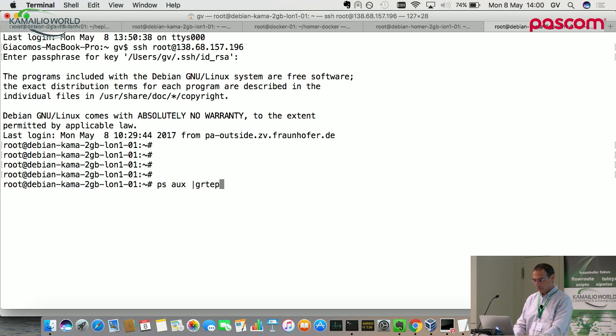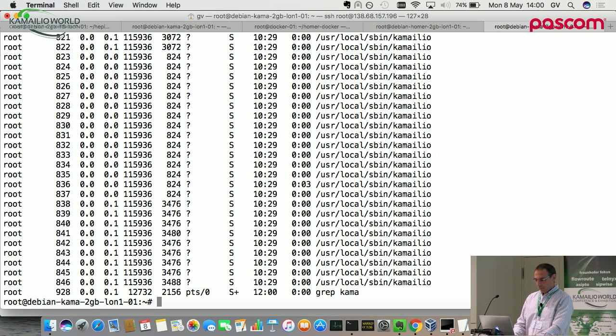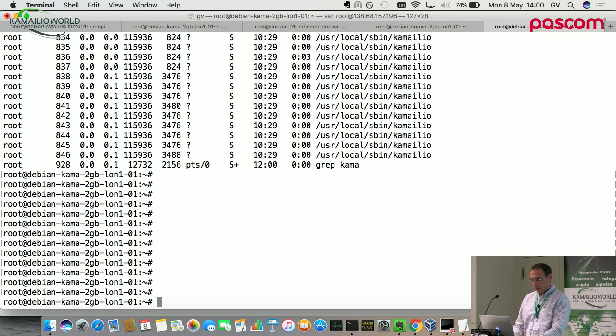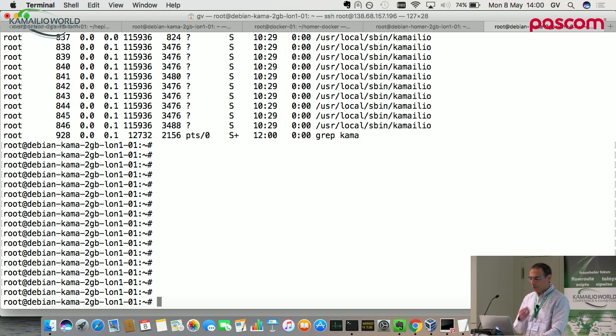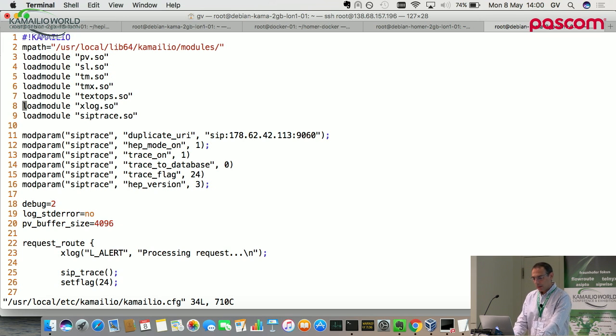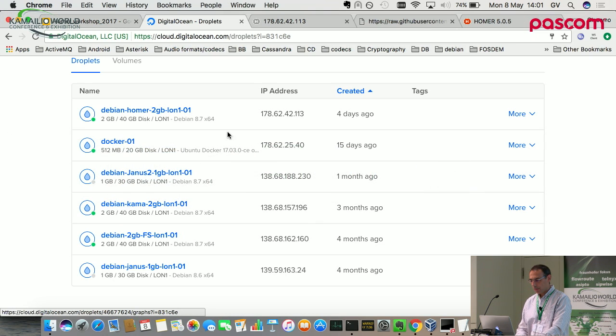Okay, where Kamailio is running. But since I'm going to use a different Homer host in respect to what I planned, I'm going to edit Kamailio's configuration. So in this case, it's the SIP trace module that is the main element. And into the duplicate URI, I'm going to set the IP address of the Docker-based